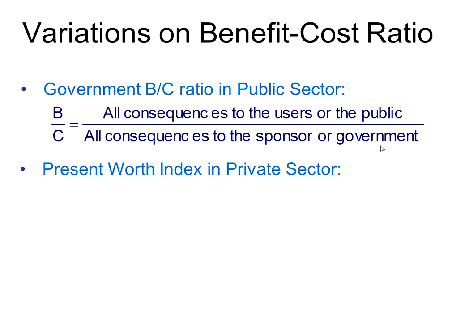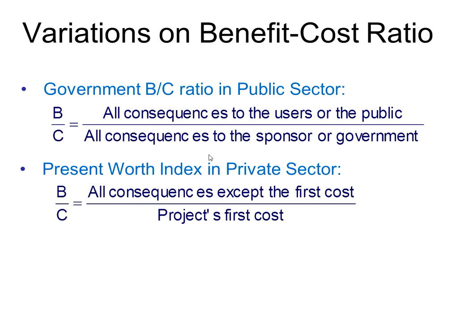And we can also use a present worth index, and that's what usually is used in the private sector. It's a benefit to cost ratio where we take all the consequences except the first cost and divide it by the project's first cost. So in this case, we don't use the salvage value, we only use the project first cost. And even if we had some kind of payments or maintenance cost, they still go as benefits but